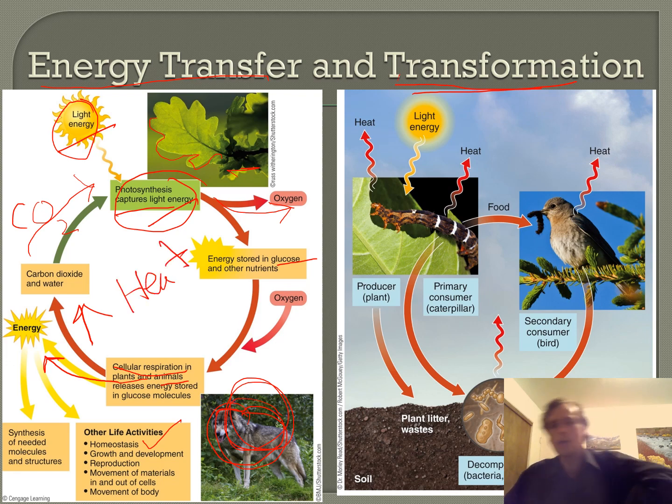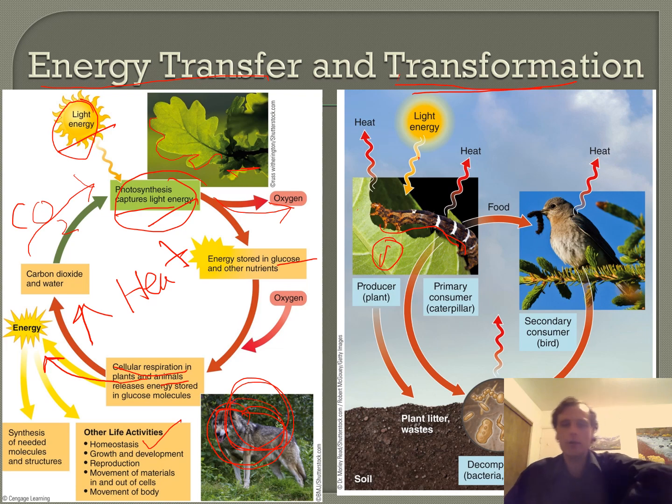All right, over here, what we are looking at again is basically the flow of energy. Photosynthesis, plant gets some energy, and then the caterpillar eats it, and then the bird eats the caterpillar. So the energy is going from sun to plant to herbivore to carnivore to predator. And where does all of this matter go in the end?